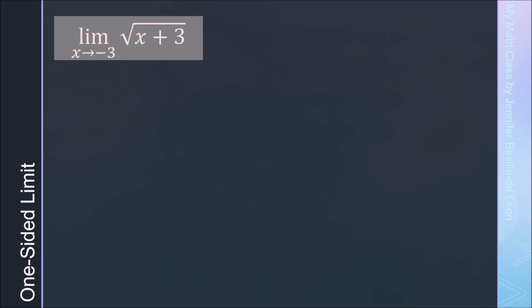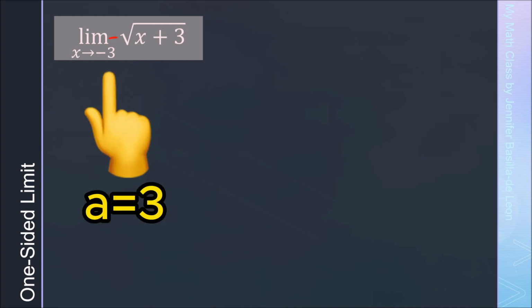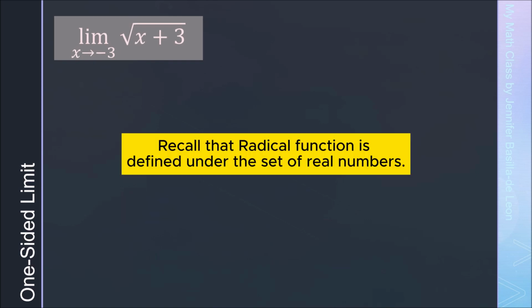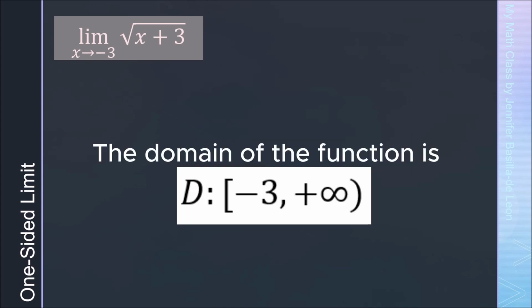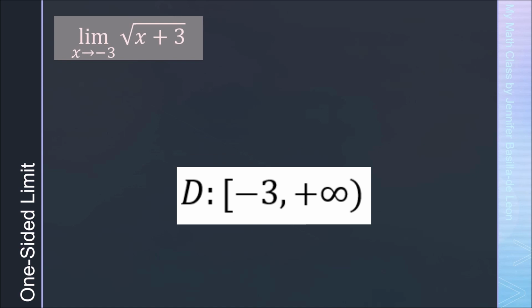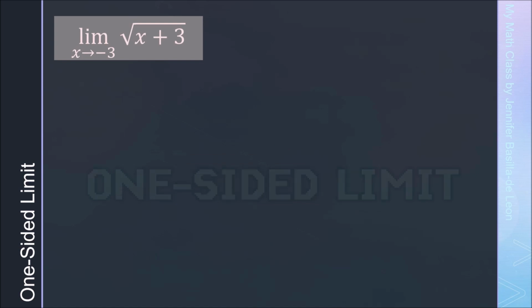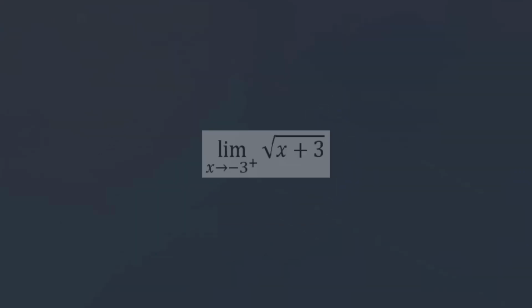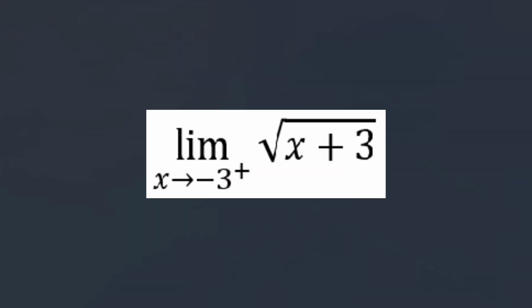Consider the limit of the square root of x plus 3 as x approaches negative 3. Since our a, the value that x approaches, is negative 3, and the function is defined under the set of real numbers, and the domain of the function is from negative 3 to positive infinity, we will have a one-sided limit, that is, the limit of the square root of x plus 3 as x approaches negative 3 from